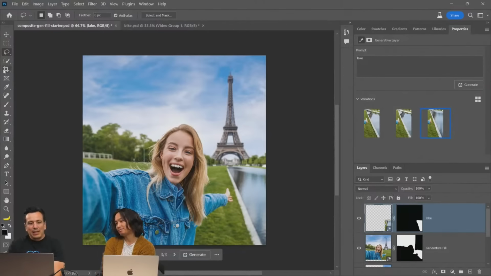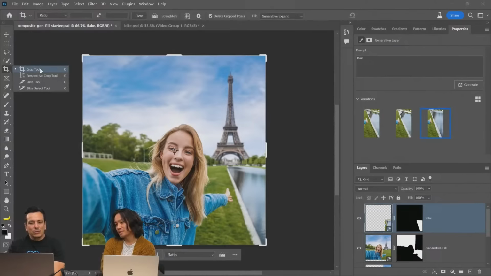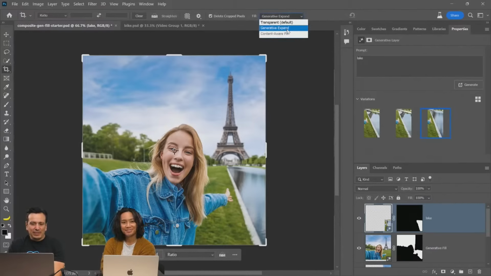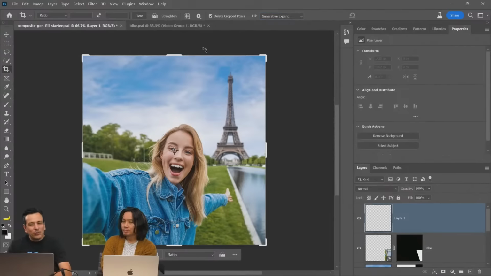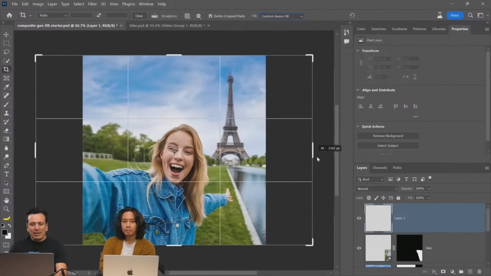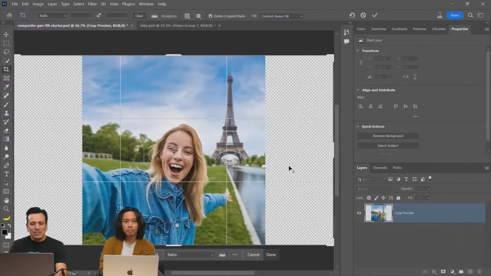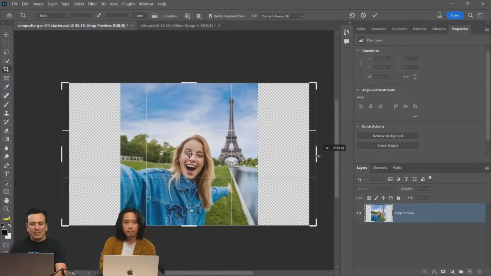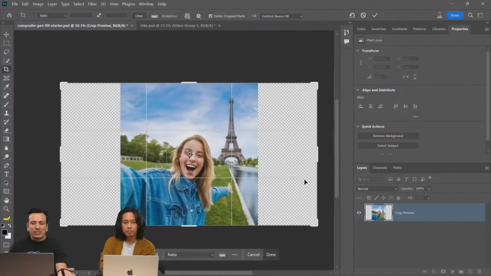Yeah. Another cool feature is with the crop tool, we now have this option here called generative expand. Previously, we had the content aware fill option. So let me show you the old way and then compare it with the new way. I'm just going to set it to content aware fill, which is what was there in the past. And basically in the past, if I wanted to make this into a horizontal image, maybe for a Facebook cover or something like that, I would expand and then commit the changes, and then